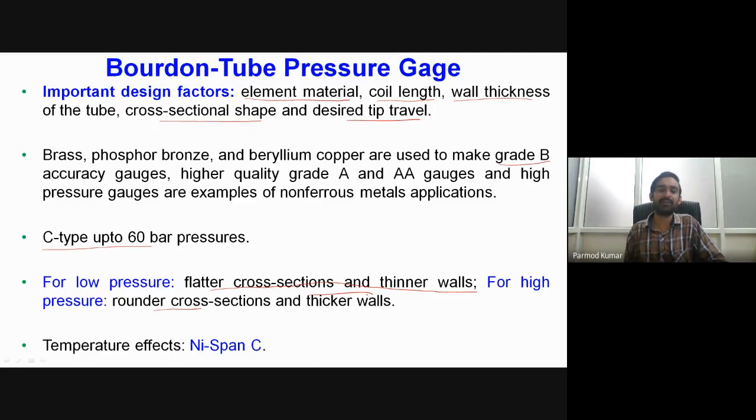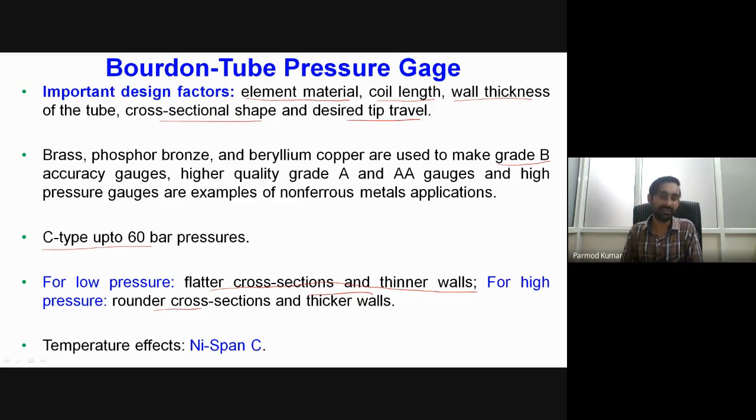Okay, so in that case, what will be happening is that when we have a significant variation in the pressure, only then will we be able to find out the deformation. So particularly for this type of high pressure gauge, there will be less sensitivity, and for low pressure measurements, whatever gauge we use will have high sensitivity of measurement.